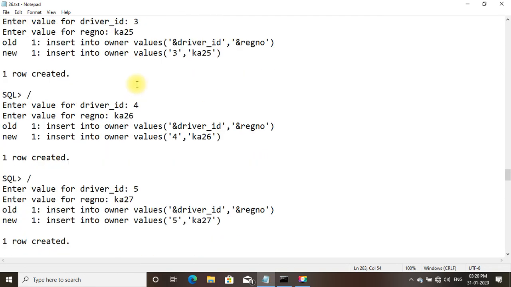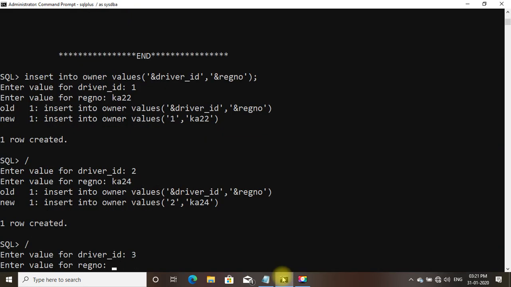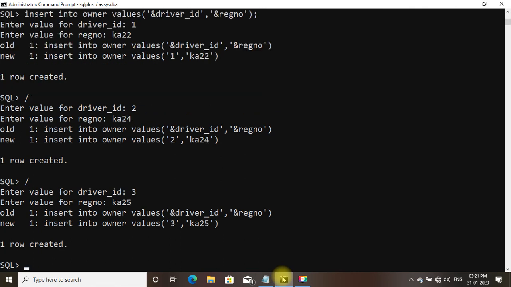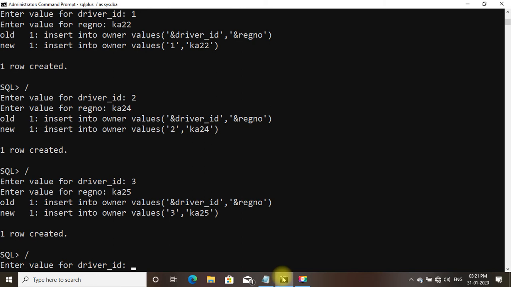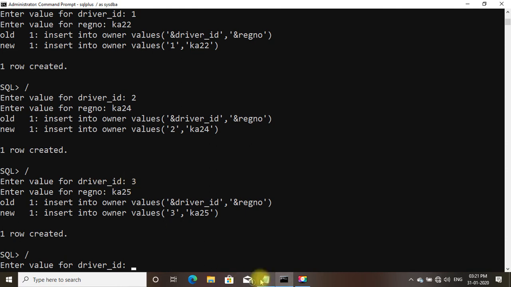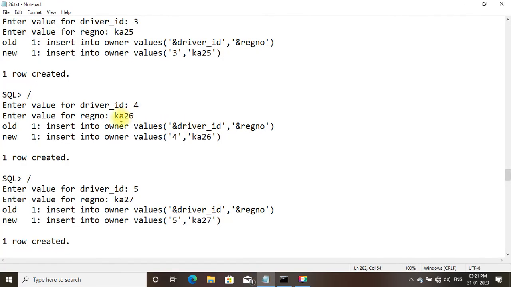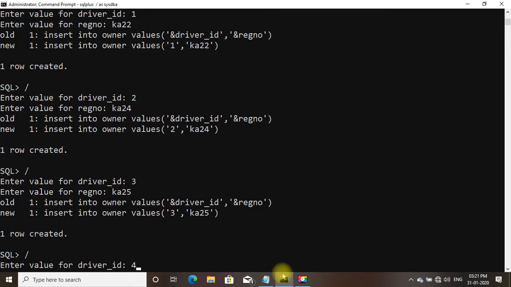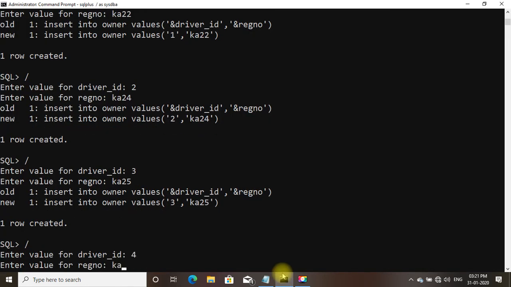It is asking for third driver ID. Third is KA25. It is asking for another driver ID. We put third. Now we need to put fourth, KA26.